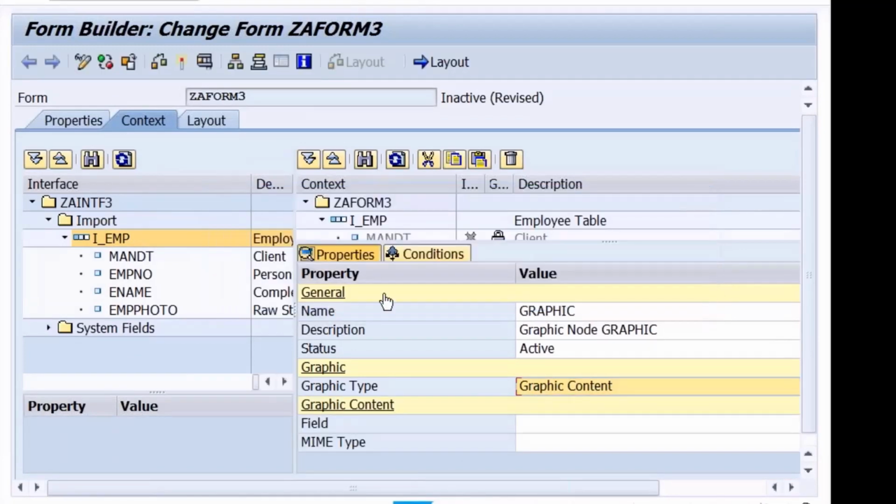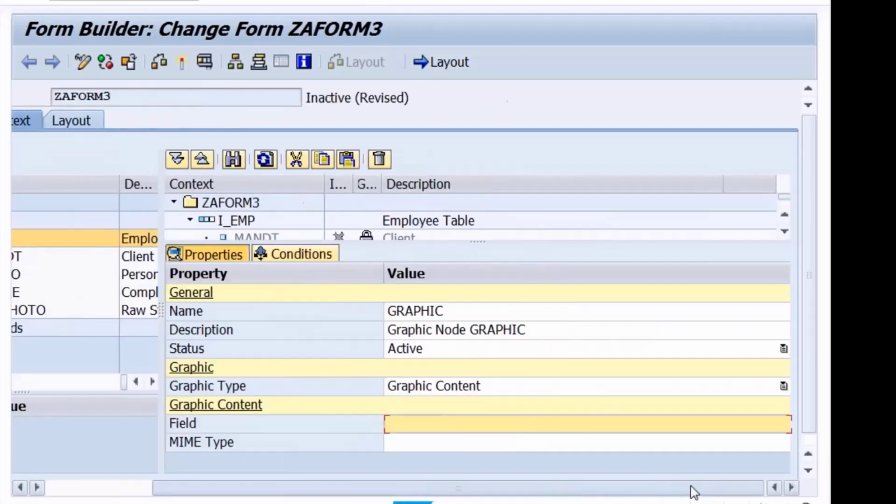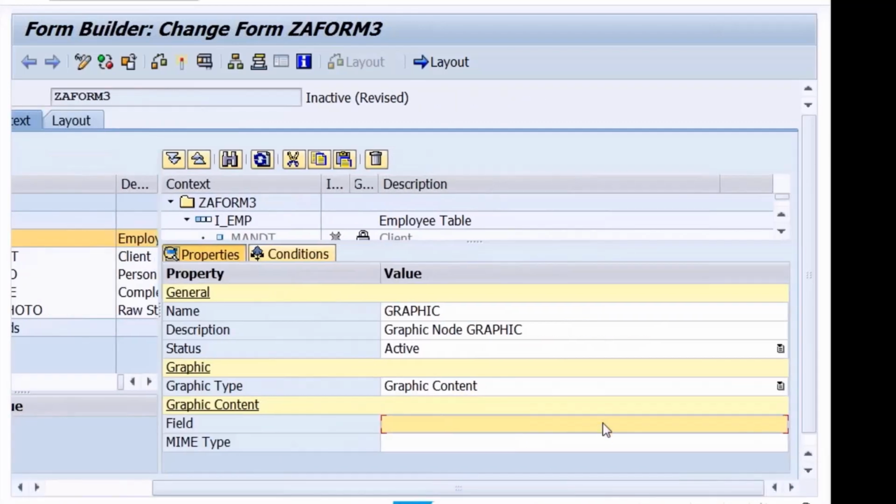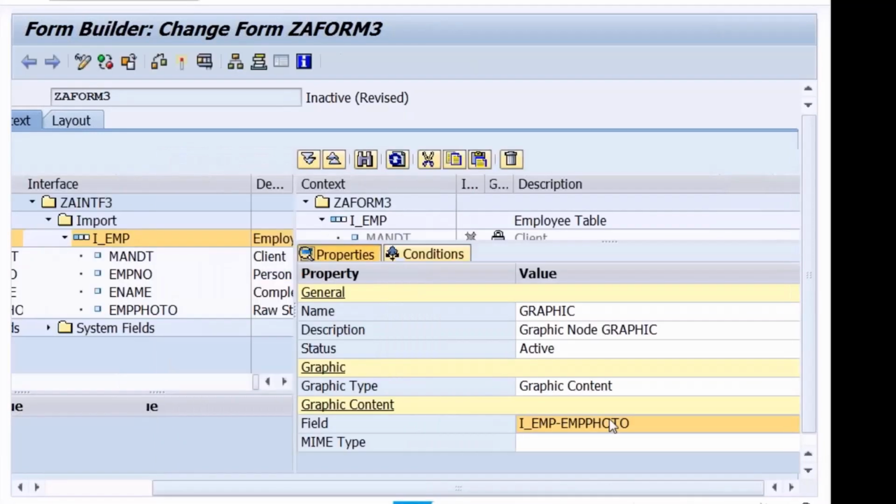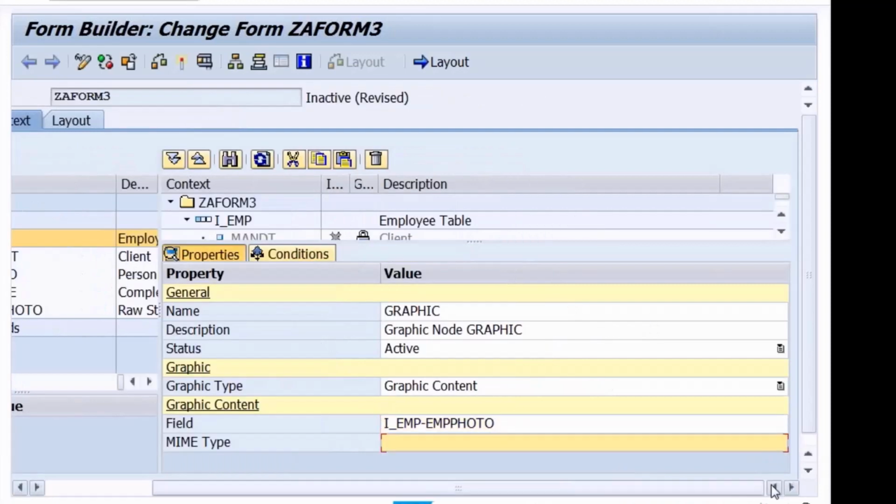Yes. Done. The moment I change it to graphic content, what is the field which is carrying the content? Employee photo. So here, see the field here. What is the field I have to give here? What is the work area? I_EMP hyphen EMP photo. MIME type.